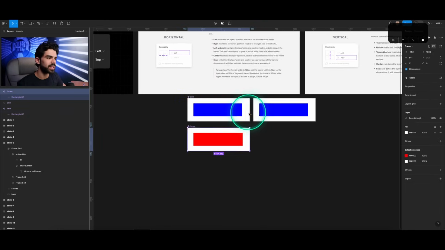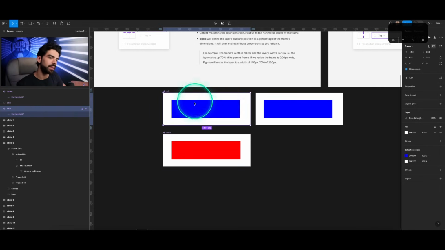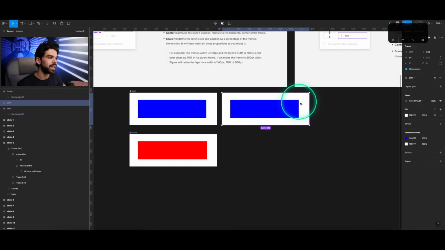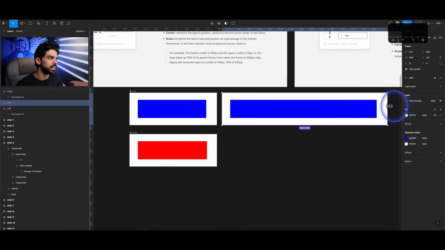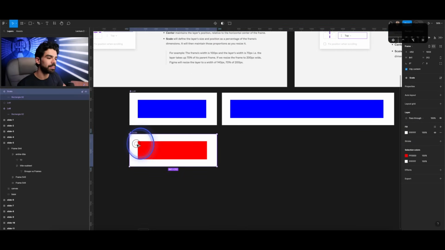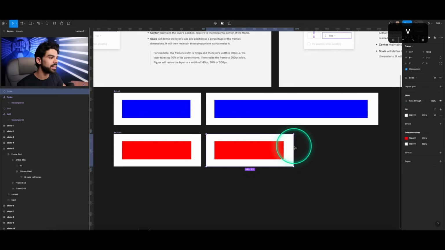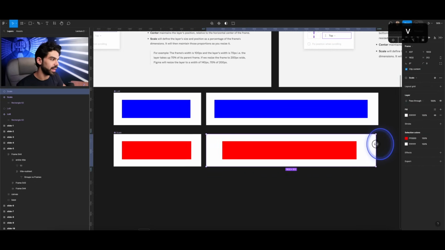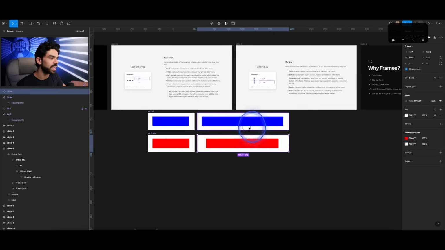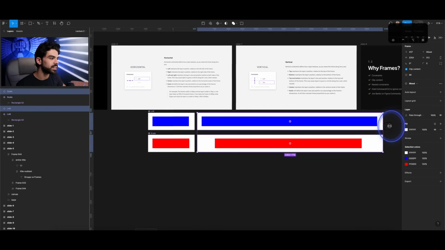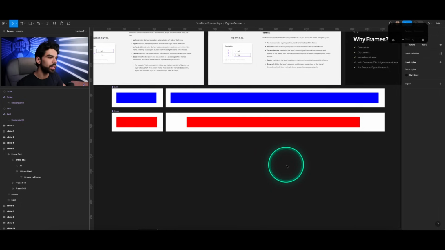Just to show you this one single example: in my component, I will keep the width like this. But in my instance, I will stretch it this way. Okay. Then I will take this one right here. And notice now my red one, the horizontal constraint is at scale. And I will take this width and scale it again. Now let's scale it even more to see the significant difference. Now can you see the difference between what happened when I had chosen left and right